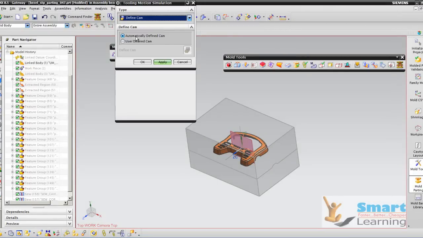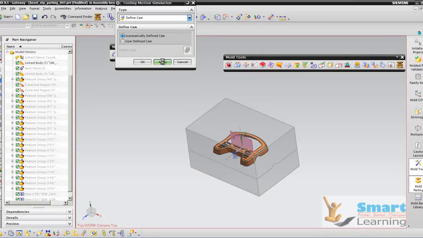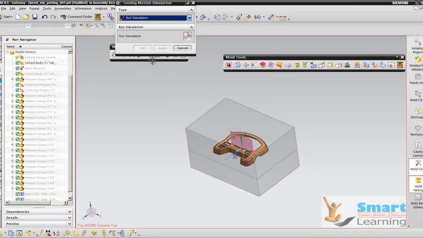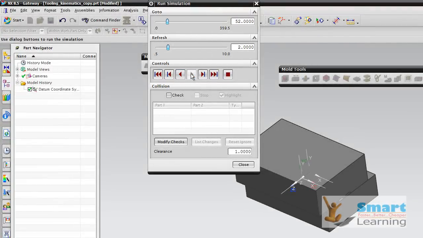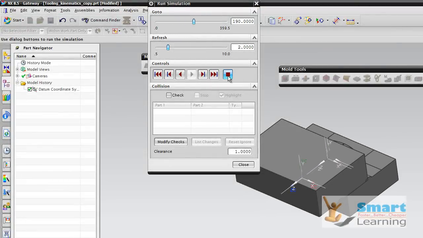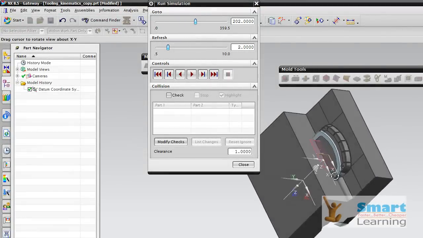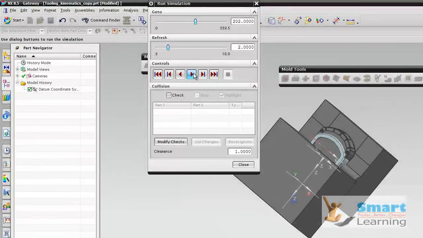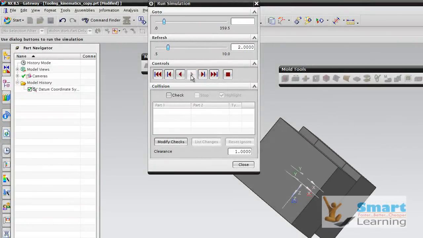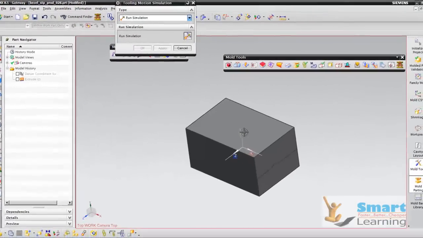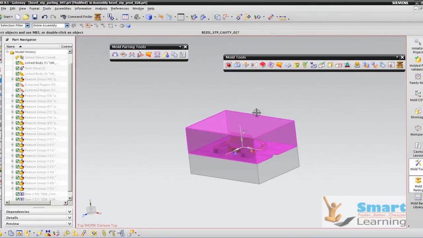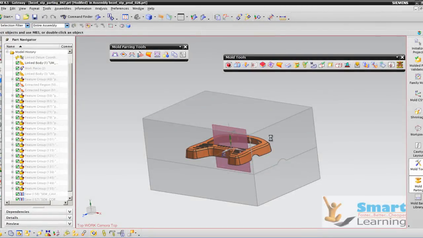So once you run the simulations, you can see the directions of the ejection and the component moving out of that, and you can stop and rotate and see the locations and also the different configurations which you are interested in. And in this way you can directly create your complete simulations, which you can see through sections as well.